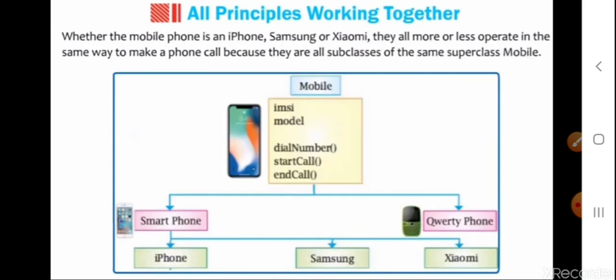Whether a mobile phone is an iPhone, Samsung, Xiaomi, they all more or less operate in the same way to make a phone call, because they are all subclasses of the same superclass mobile.